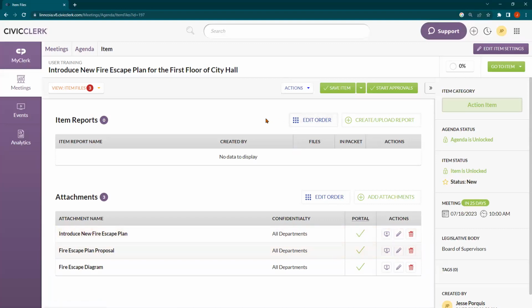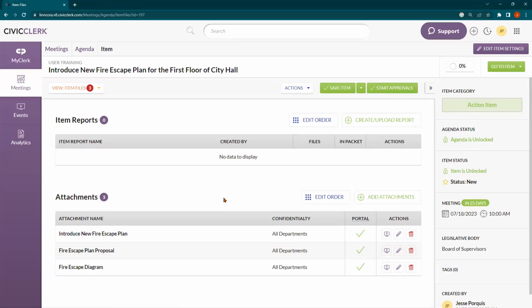Any questions on that or attachments and what we're asking you to do here? Okay. So the final thing that we might do before we wash our hands of this item and say we're